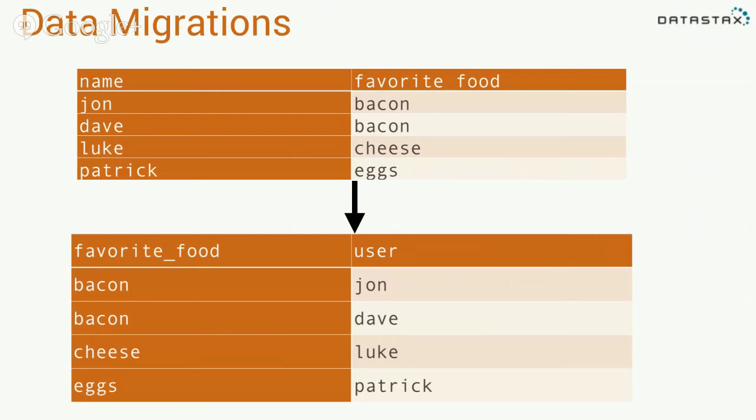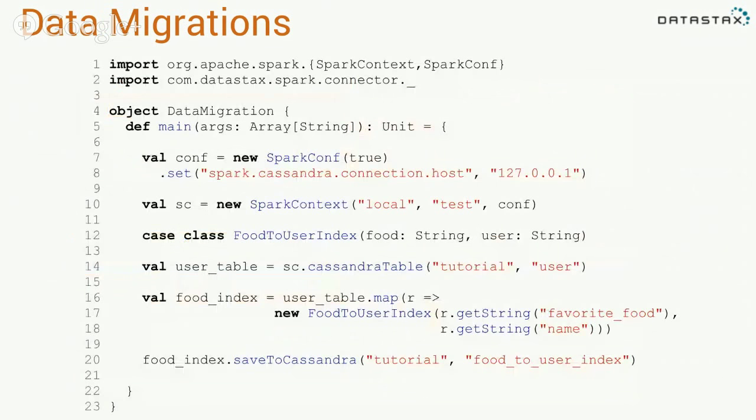So I actually have code here which is kind of intense, and I'm really glad that this video is going to be online because we may need to come back to this at some point. But effectively, this is the entirety, or almost the entirety, of a Spark job to do a data migration. So this is more than, let's say, writing an insert into some table, select from some other table. But remember, we're dealing with potentially tens or hundreds of terabytes of information. You just can't do that. So we need everything to be distributed. We've got 100 servers here. They're all going to work together on this operation.